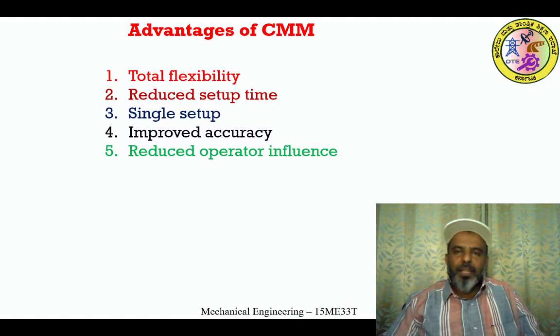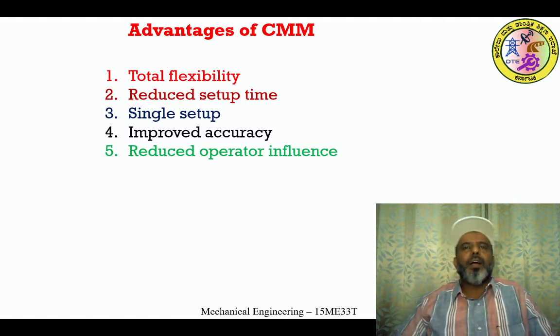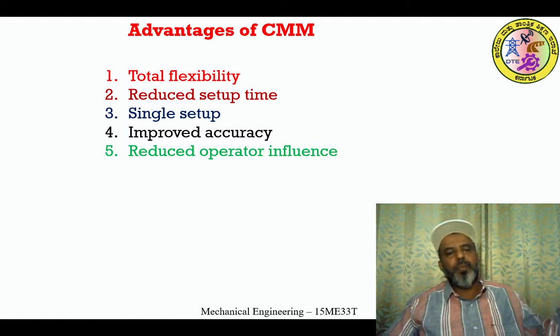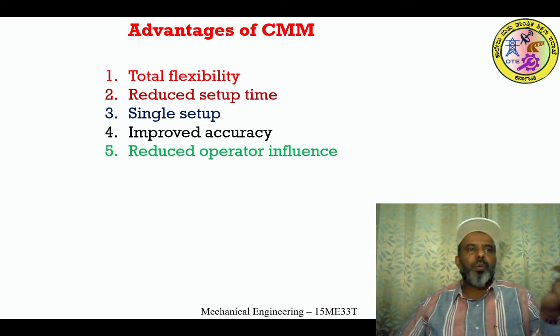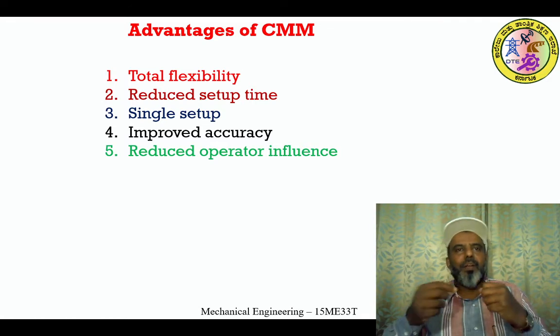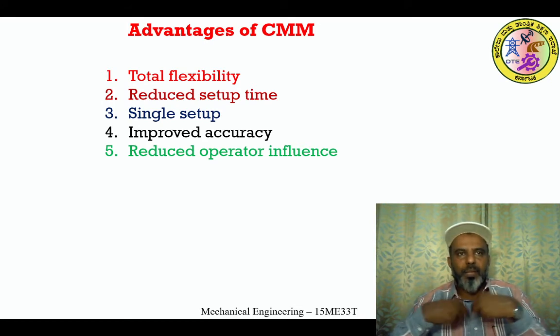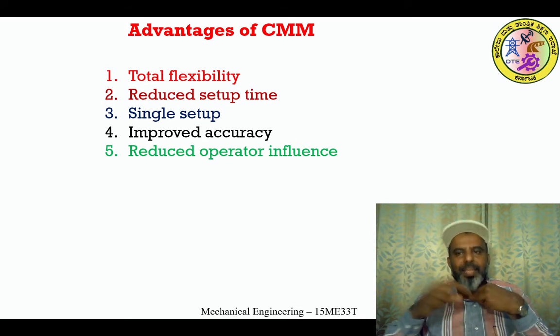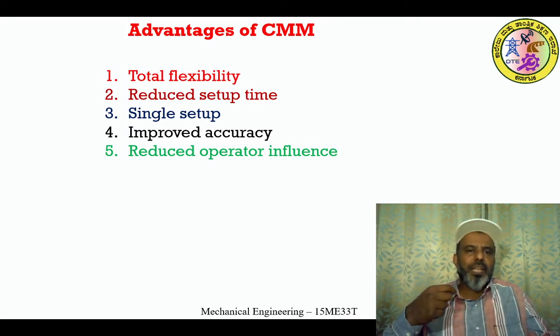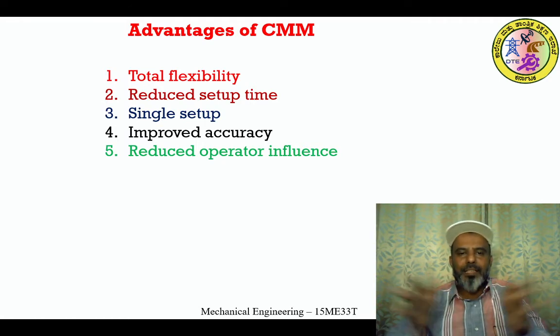It means, as I have discussed, on the three precise XYZ directions, linear transducers are there, and these linear transducers are going to provide the digital display, which will be displayed on the monitor, and it is going to give the XYZ direction, and it directly gives the digital reading. Whereas for example, if I am having a vernier caliper, if I measure some reading, I may give one reading, but if I give it to some other operator, he may give some other reading, and these errors may be there.